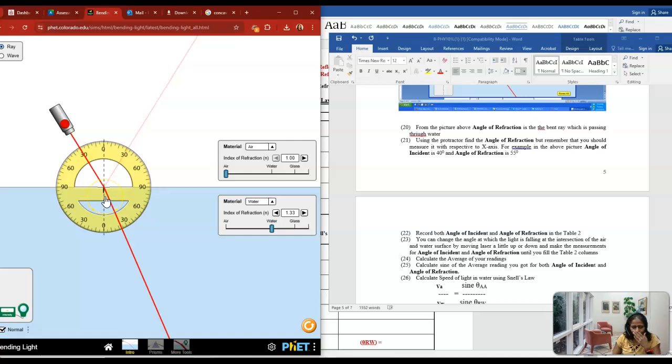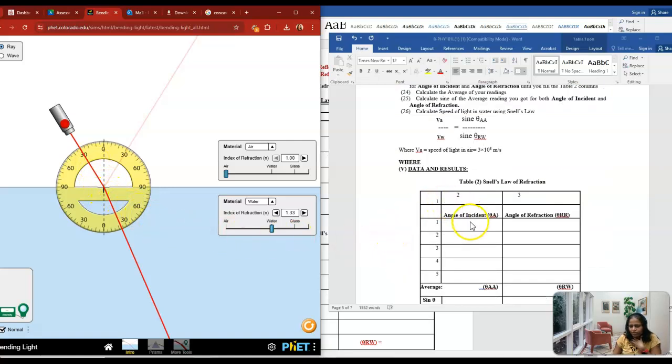See, now you have the reflection angle is 30 degrees right here. So you're going to put it as the angle of incidence is 30 degrees. Now you look at the angle right here. Now it is not quite 30 degrees yet. So it is